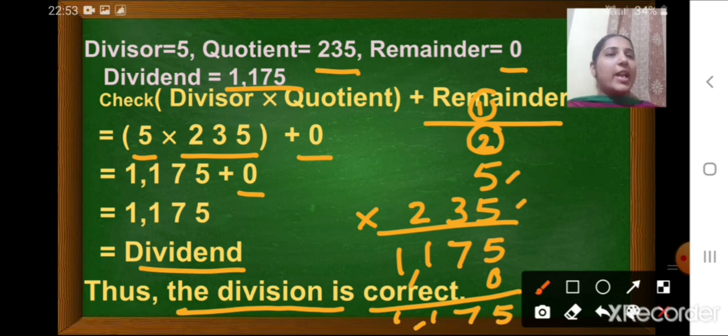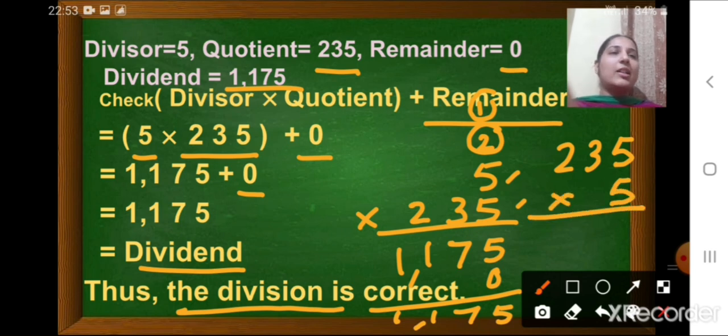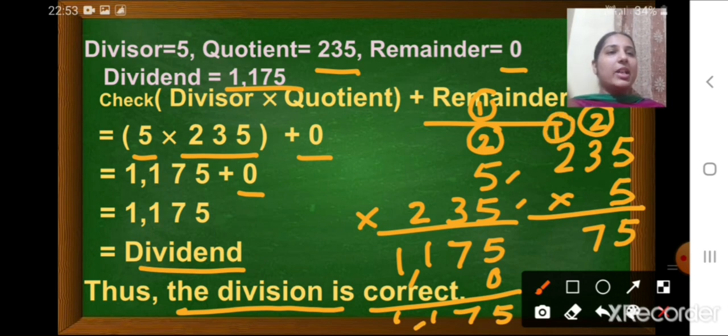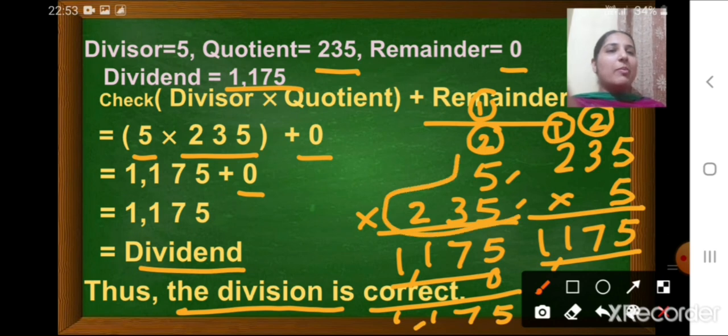In this way also you can write, and if you find it difficult, you can write the quotient first, like 235, and then write the divisor to multiply. In both ways you will get the same answer. Let's do it and see. So 5 5s are 25, then 2 will be carried over. Now 3 5s are 15, plus 2, 17. So we will write 7 here and 1 will be carried over. So 2 5s are 10, plus 1, 11. You can see in both cases we get the same answer. If you find it difficult to multiply like this, you can do it like this as well. Okay.